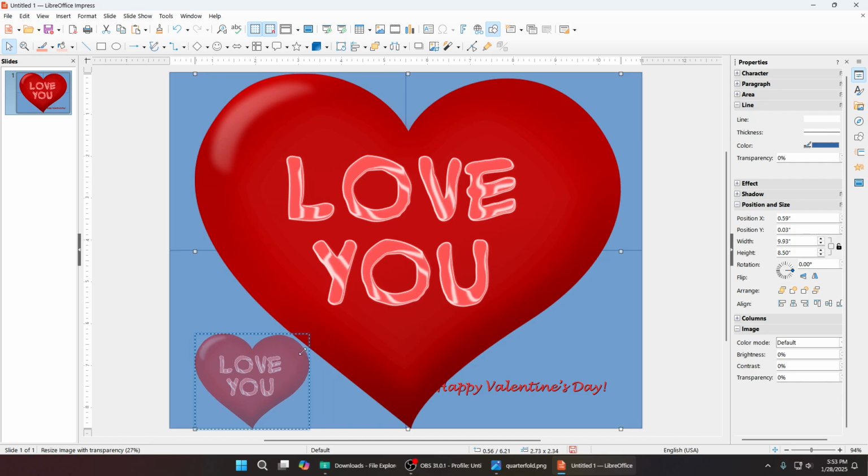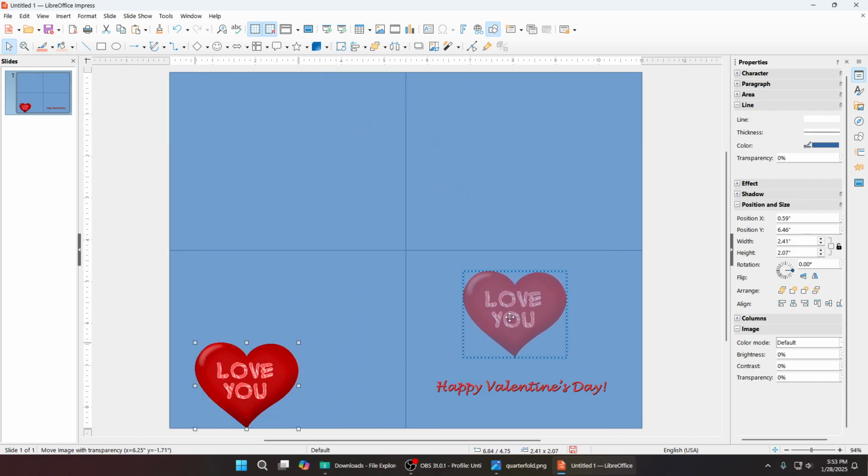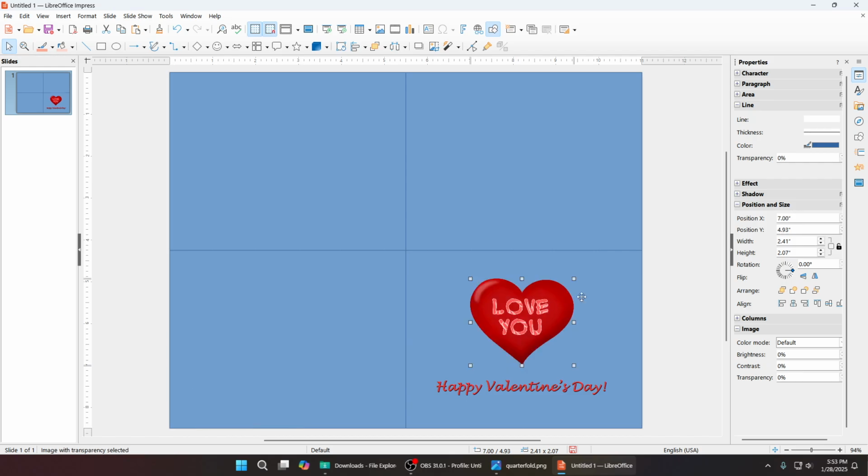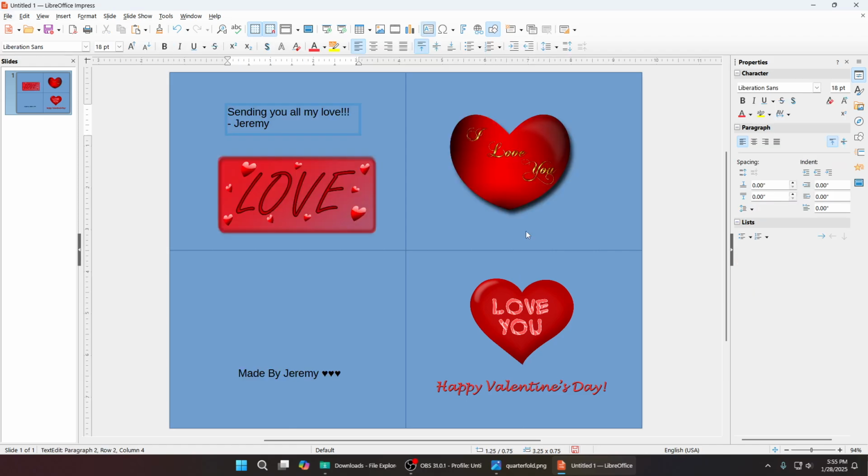And just drag the marquee down, and you can reposition it anywhere you like to center it, and then you just repeat the steps for the next few quadrants. Once you have all the graphics and text that you would like to put on your card,